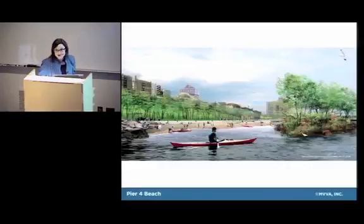We're also building a beach. This is another thing that drives me crazy with the engineers. How do you know this beach is